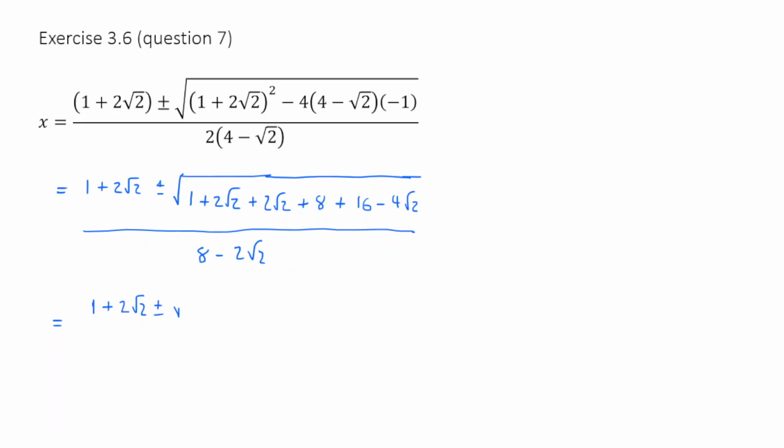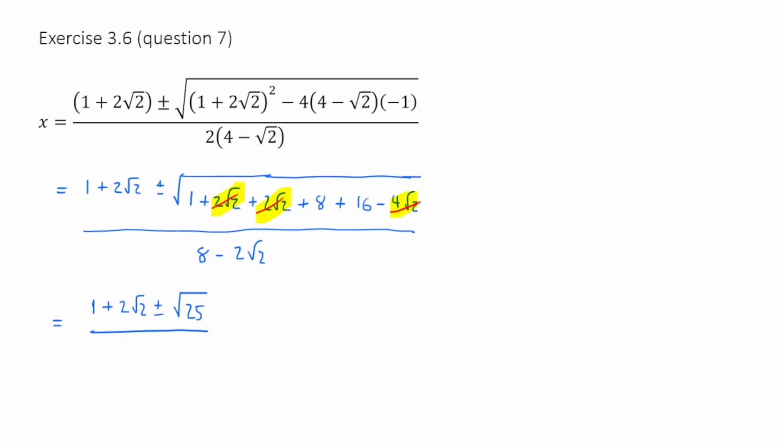Now, how can I simplify what's on the inside here of this bracket? Well, you notice that I've got 2 root 2 plus 2 root 2 minus 4 root 2. So that's actually all going to cancel out, right? That's going to equal 0 root 2. So that disappears. So then I'm left with 1 plus 8 plus 16. And what's 1 plus 8 plus 16? That is 25. So what I've got here is 1 plus or minus the square root of 25